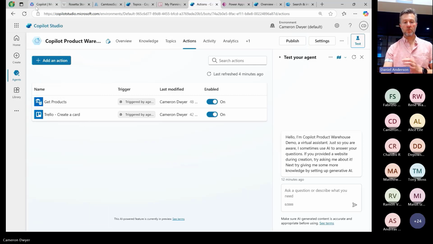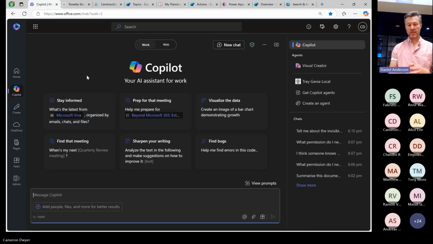But anything that you bring in via a graph connector will be available here because it just forms part of the data. Microsoft almost sees that as native first-party data if you bring it in through a graph connector. Whereas the plugins, you actually have to utilize them in some way.